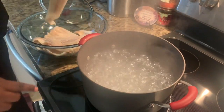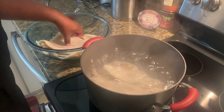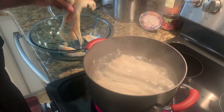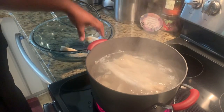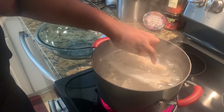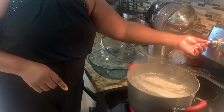I'm just gonna add my saltfish to it. Again, the saltfish is washed. I took off the excess salt off of it. And I'm not gonna cover this because it will boil over easily. Once it starts to boil up again, just turn it on a medium heat and leave it there. Do not cover the pot because it will boil over and mess up your stove, and then you have excess